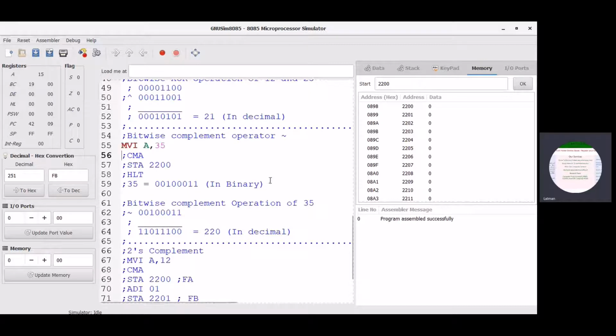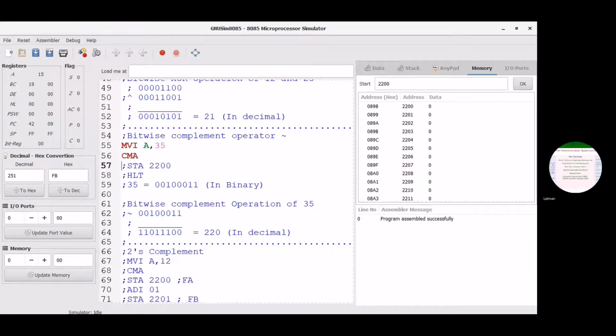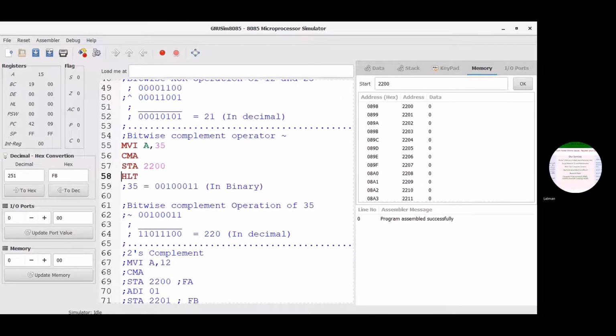Okay, so uncomment the instruction. Okay, I can uncomment it, save it, and execute. What will be the output for 35? The ones complement of 35, where 35 is in decimal.